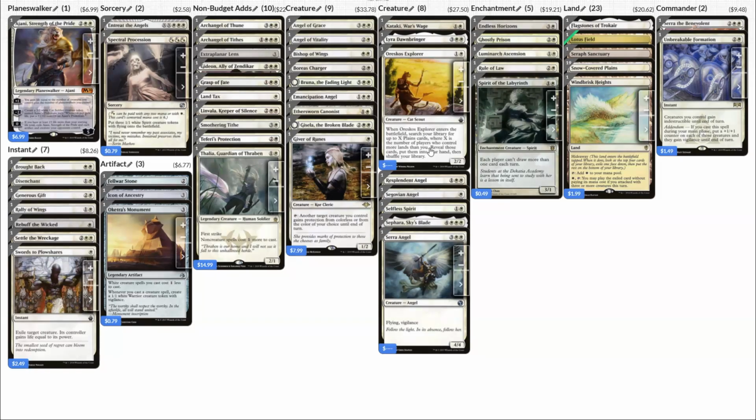So when it enters the battlefield, we search our library for up to X plains cards, where X is the number of players who control more lands than we do. We reveal those cards and put them into our hand, then shuffle our library. So if there's 3 players that control more lands than us, we get 3 plains, put 1 into play, 1